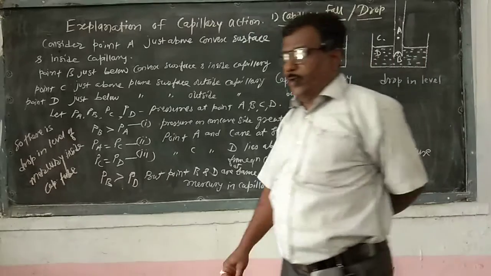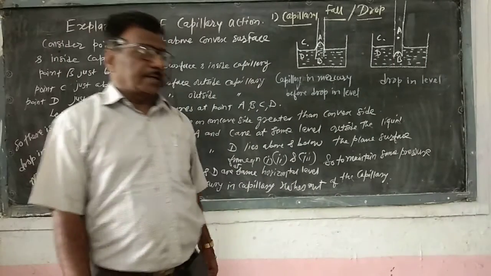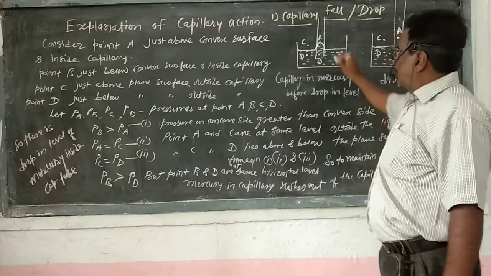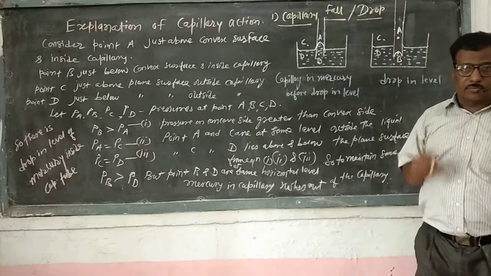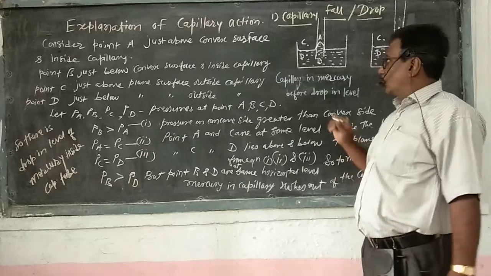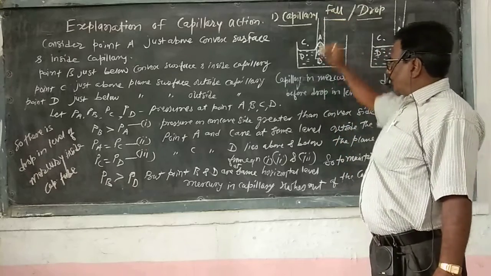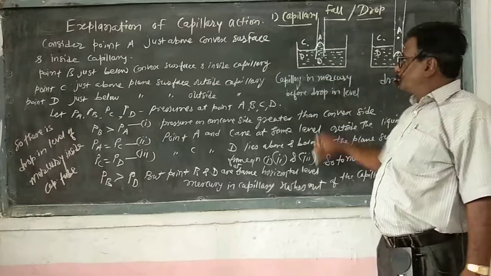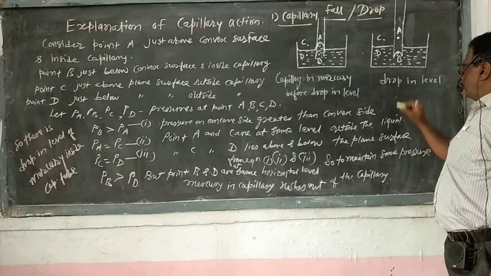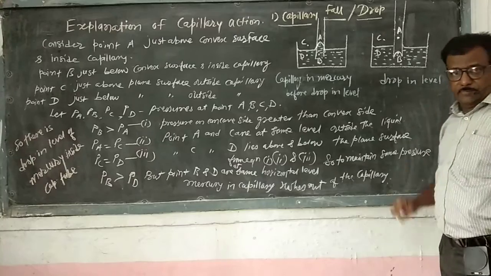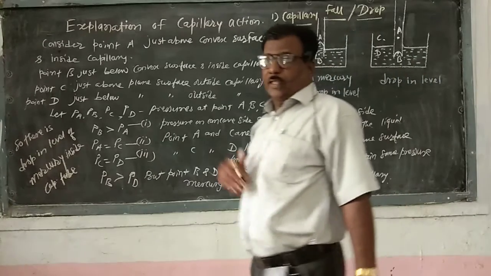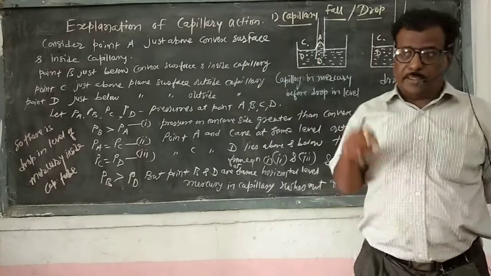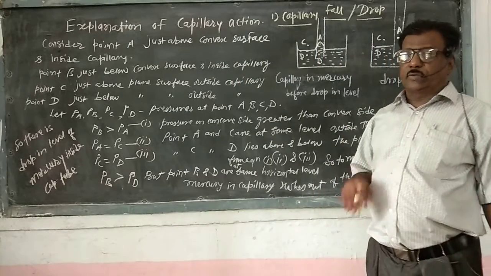Last period we defined capillarity, capillary action, the capillary tube and its applications. Now this is the capillary tube. A capillary tube is a glass tube having a very fine, small bore. The first diagram shows the capillary tube in mercury before the drop in level, and the second diagram shows it after the level has dropped. When there is a rise or fall of liquid in the capillary tube when we dip it into the liquid, that is known as capillary action.